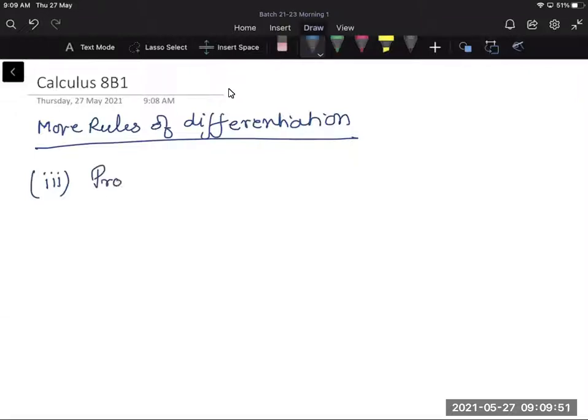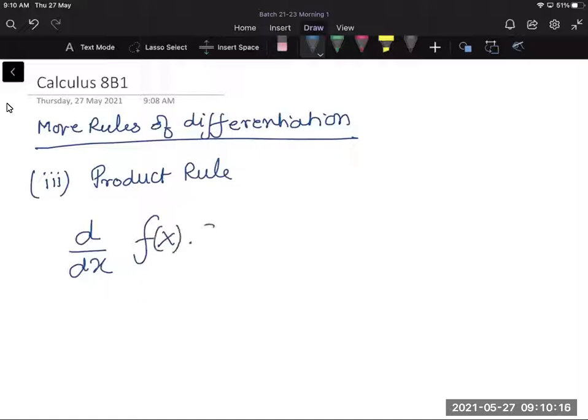This is called the product rule. And what happens in the product rule is that if you have d by dx of the product of two separate functions,